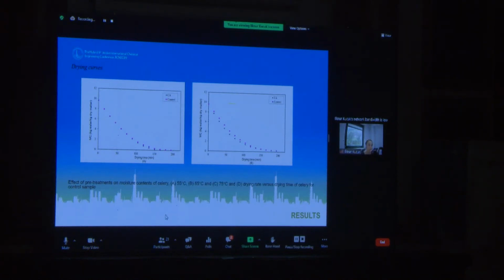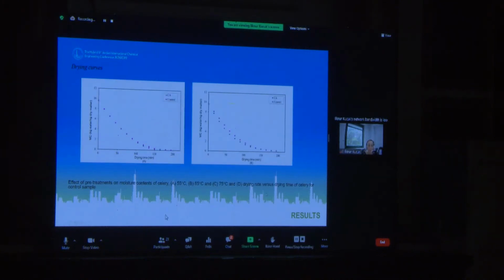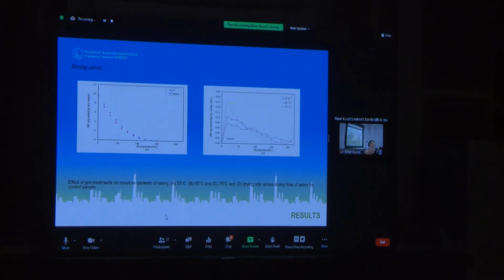As a result, the figure presents content as a function of drying time. You see the two temperatures here, and then we have a 3 hours drying rate versus drying time for control samples, and then we can say that it doesn't show our curve, and increasing the temperature, total get